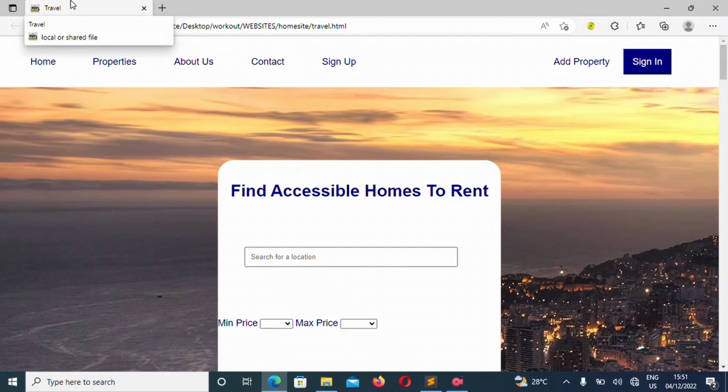Now, this favicon, like I said, is what will help users to know that this website is Facebook, this website is a real estate website, this website is LinkedIn. Now, the question remains: how can you create a favicon? In this video, I'm going to show you the source code that you're going to use to create a favicon like this one here.